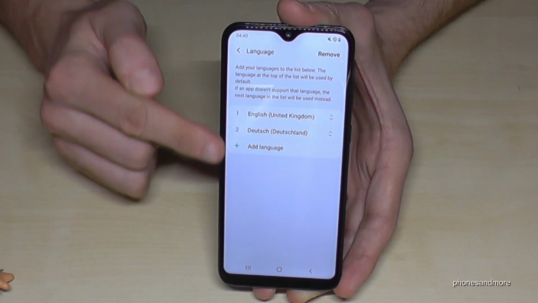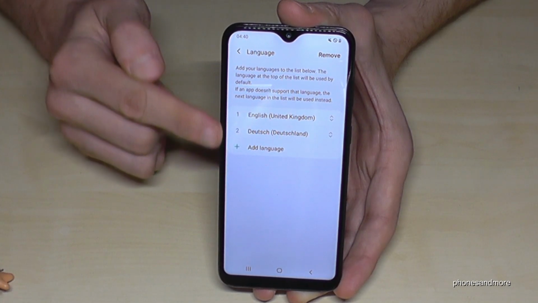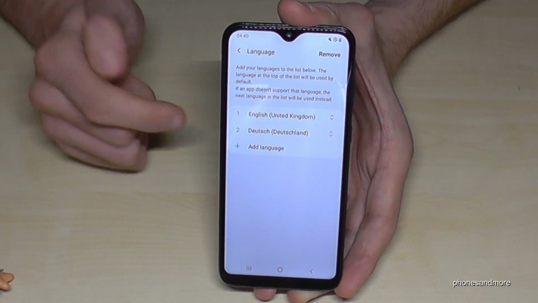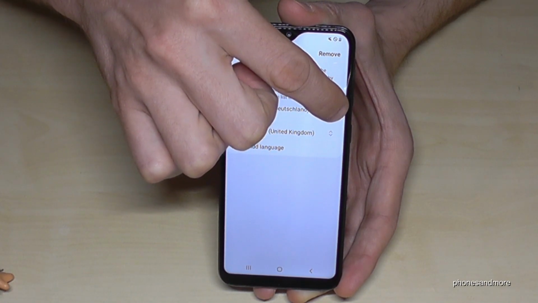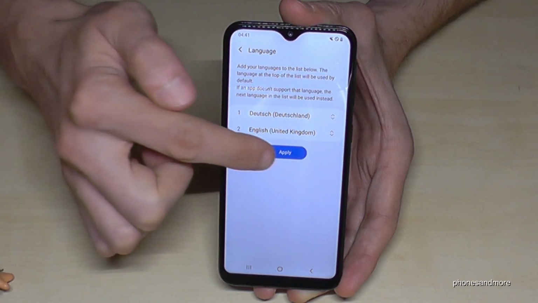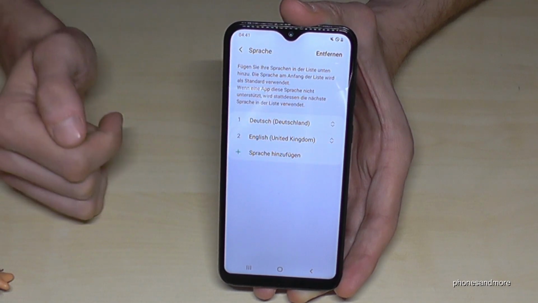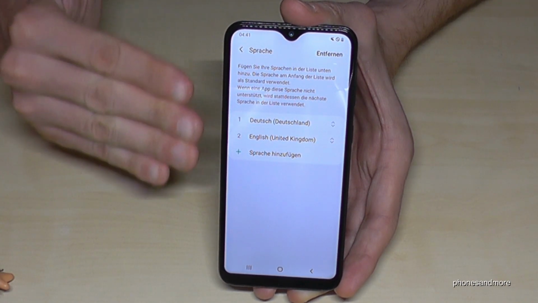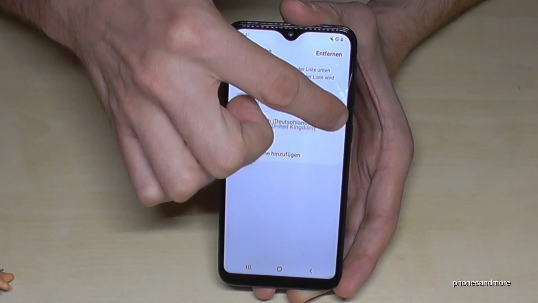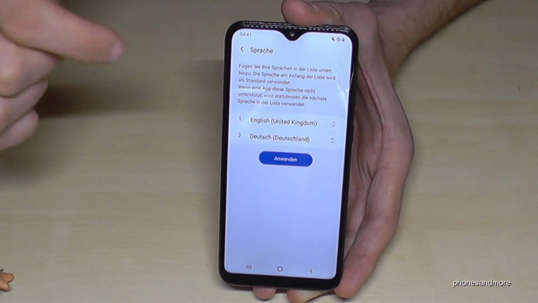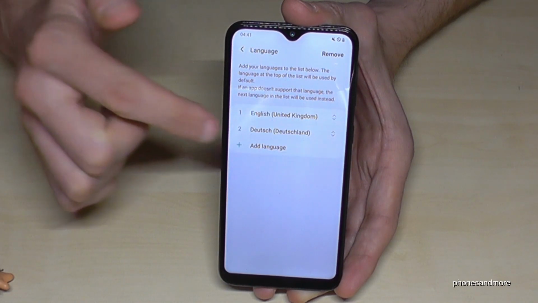So now you have here a list of the existing languages on the phone. In case your language is there, you just use the arrows, maybe in that case German, and go on Apply or on the blue button here, and then everything will be in your language. In case your language is not part of that list, let me put it back into English,